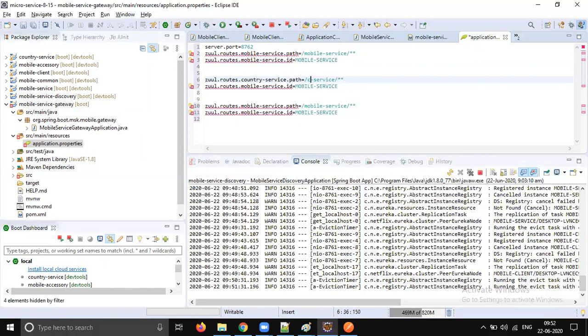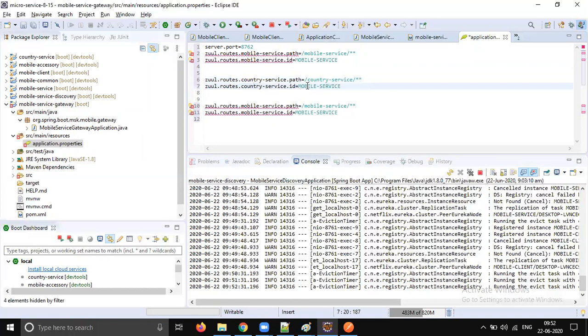Anything coming like country slash service should go to country, and it should point to country service in Eureka. Let's do the same for accessory. Anything coming as mobile accessory should go to mobile accessory service. The country should be capital.